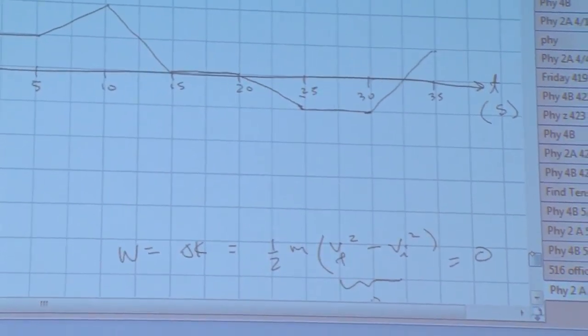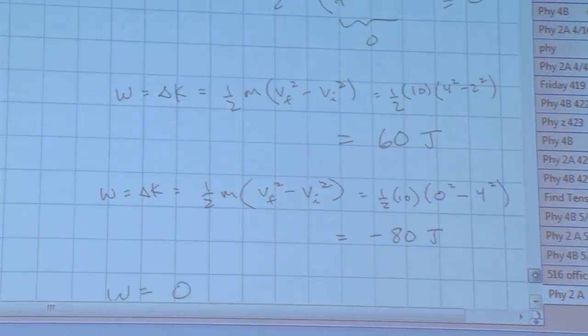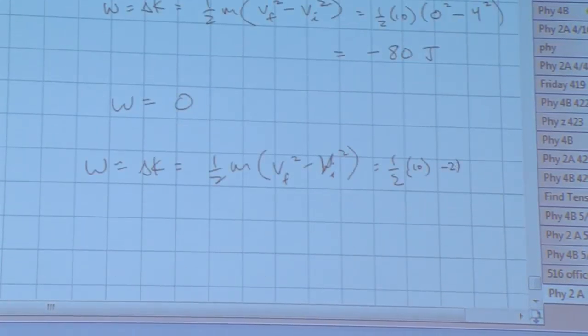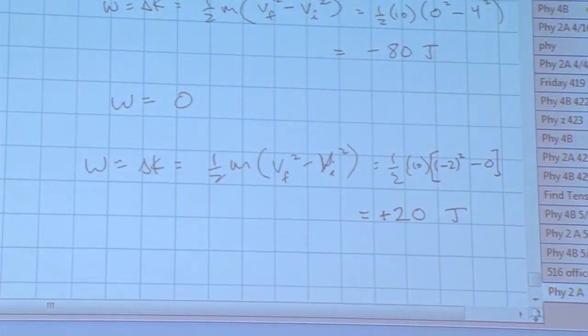What's V final? Negative 2. What's V initial? So what do we get? Positive. Is that right? Its speed increased, right? It's going faster at the end of that time interval than it was at the beginning